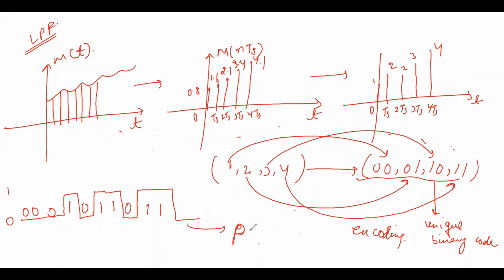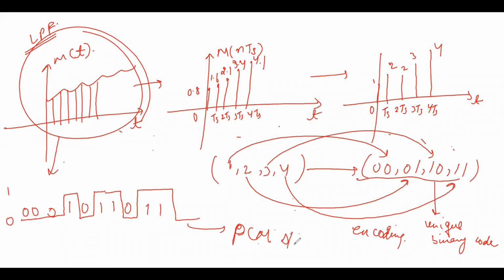So this is my PCM signal. You can see how this continuous signal is converted to this type of digital signal. What is a digital signal? A digital signal is nothing but a signal represented in the form of 0, 1 binary numbers. So this is my digital signal, this is my PCM. Any doubt till here? Have you understood sampling, quantization and encoding? The output of the encoder is my PCM signal.